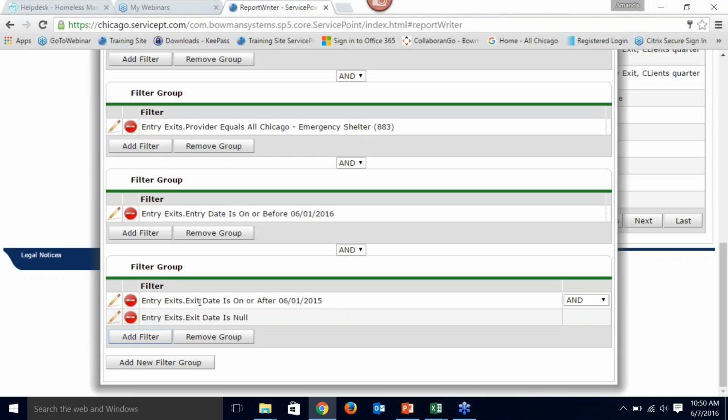And notice this entry, exit, and then exit date. This is really what the filter is set on. That's just the table it's coming from. So now the exit has to be on or after this date, and it has to be null. I hope you're noticing a conflict, because what we need to do is say or. This is the only one that needs to be an or, and we want to make sure our ors are